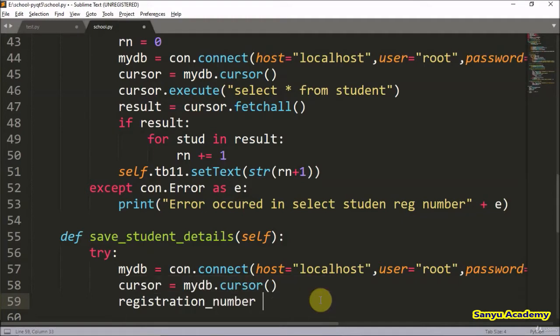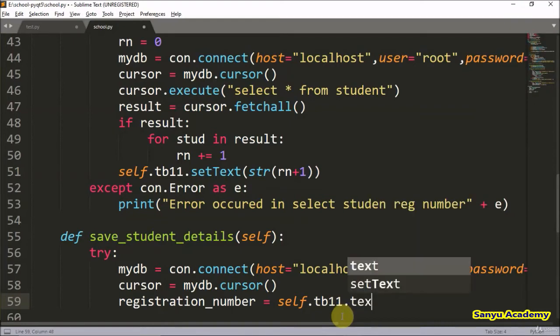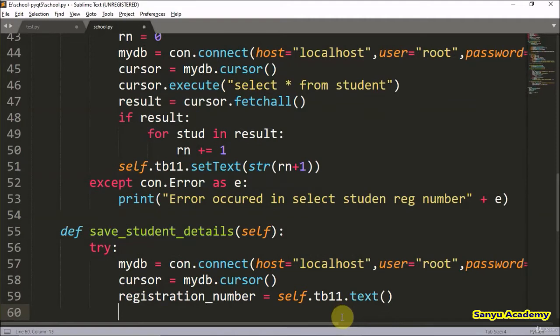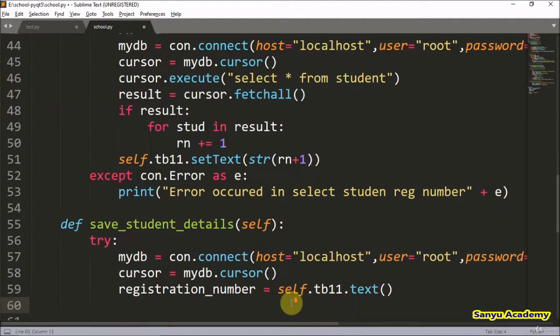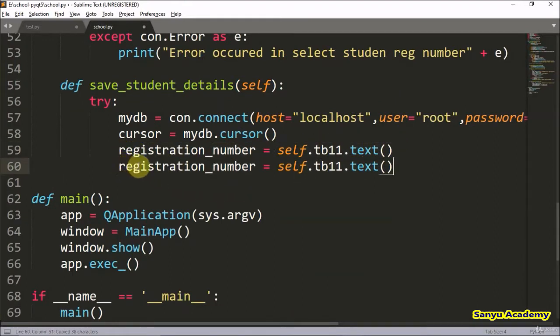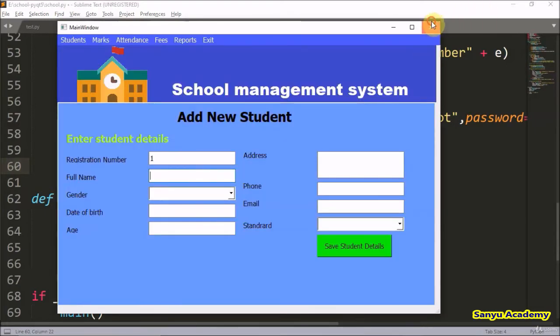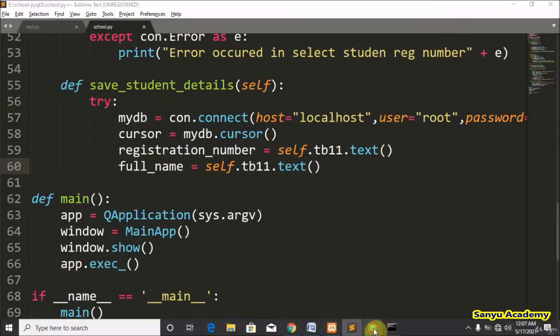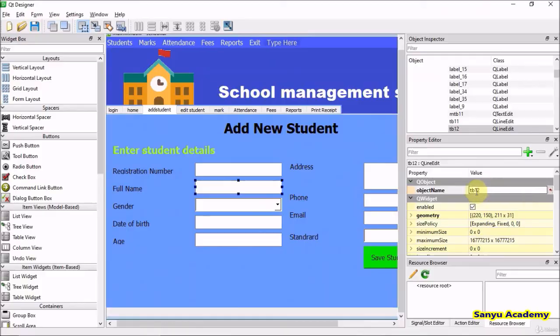Registration number is equal to, we have to collect the text box dot tb11 dot text. Then we have to collect the full name of the student. Full name. Full name TB12,